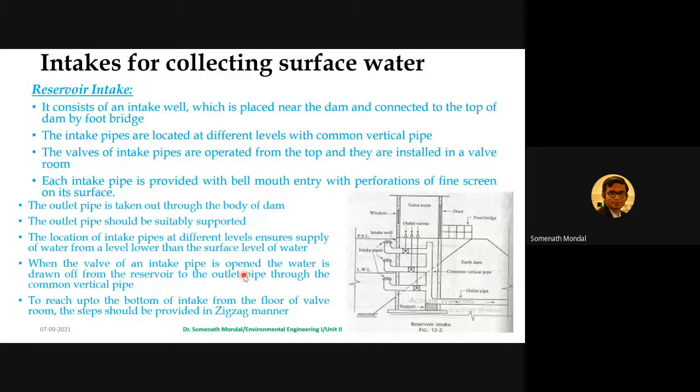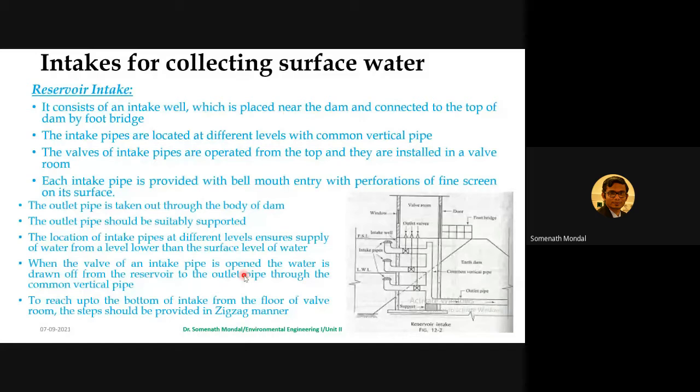Each intake pipe is provided with a bell mouth entry with perforation of fine screen on its surface. So on the left hand side, within the figure itself, you can see the intake pipes, and the bell mouth entry with perforation and fine screen are constructed. As I mentioned, in the valve room they all are connected, so we have the flexibility to open any one of them at any time and close any one of them at any time. And all of them are connected to a common vertical pipe, which is again connected to the